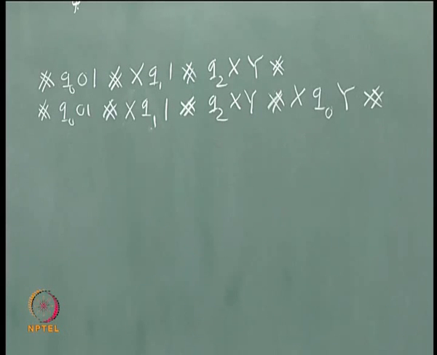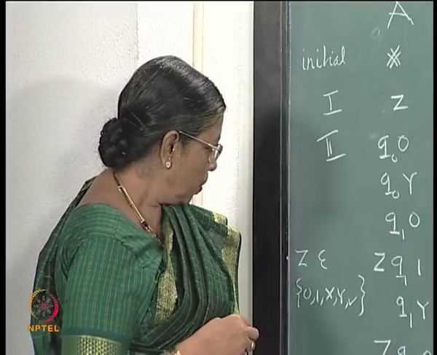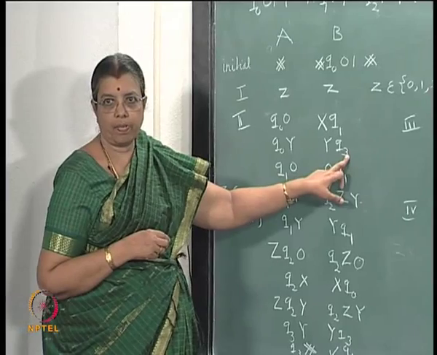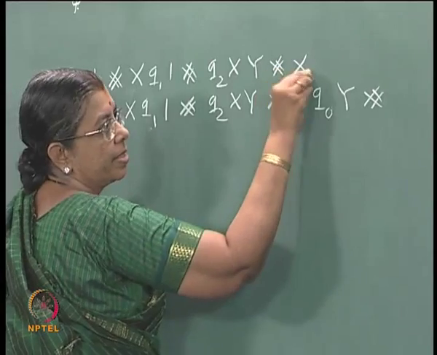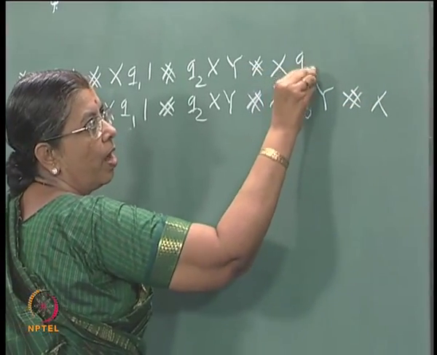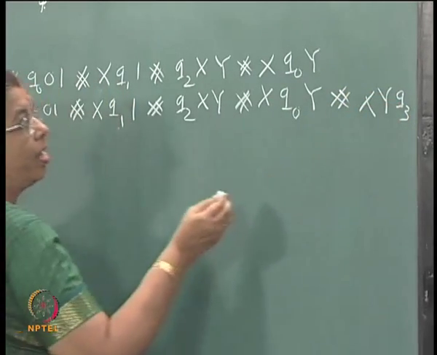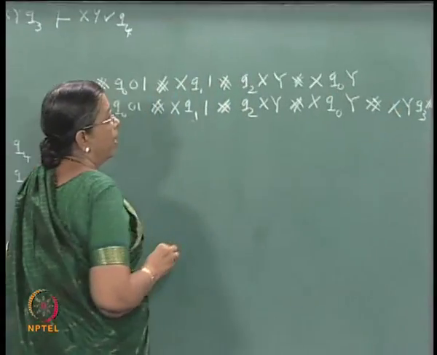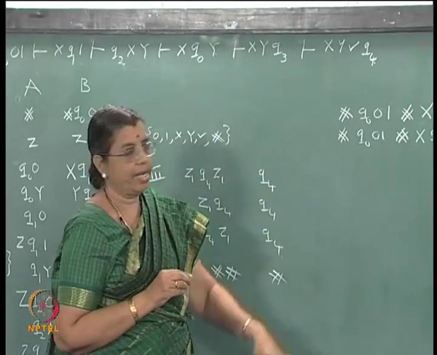Now, x Q0 y you have to create in the first string. So, you have to choose a corresponding pair, Q0 y. Q0 y is y Q3. So, first you add x, you add Q0 y here, the corresponding pair is y Q3. So, x y Q3 you got here, x Q0 y, the next ID x y Q3 is created there.